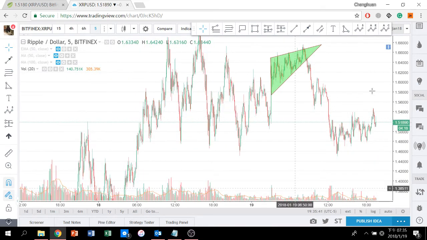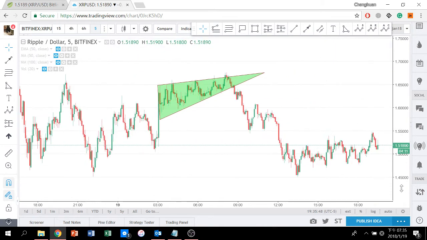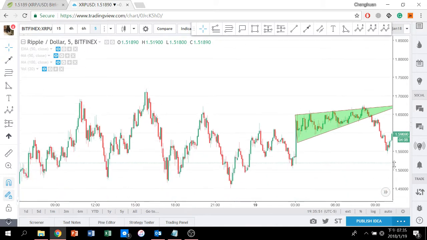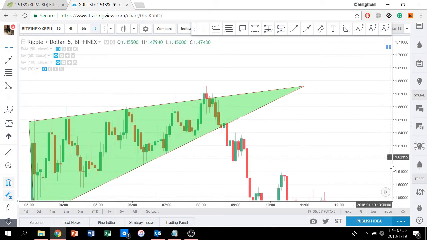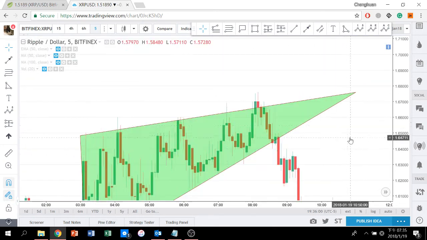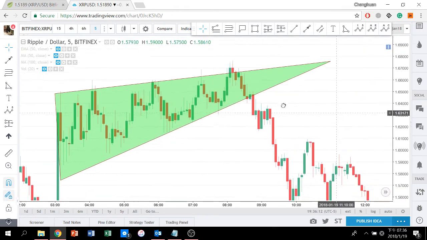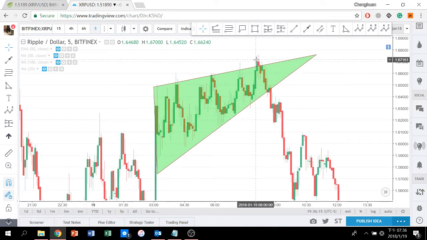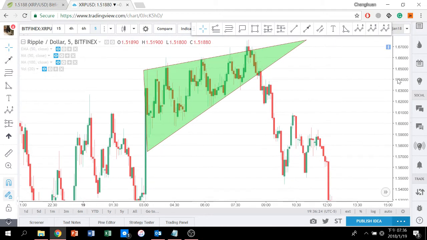You can see the volume was significantly lower than before, even during the exhaustion, right? And another clue was the lower highs and the lower lows, and this one was a very significant one. This shooting star candle right here. The shooting star candle is followed by a complete trend reversal, right? Bounce back from the lower trend line, and I believe a lot of people bought here, right? They thought it was a breakout, but it was a failed attempt, and obviously I sold some here, right? Because I knew that this was going to be a false breakout. All the clues told me that this breakout is going to fail.